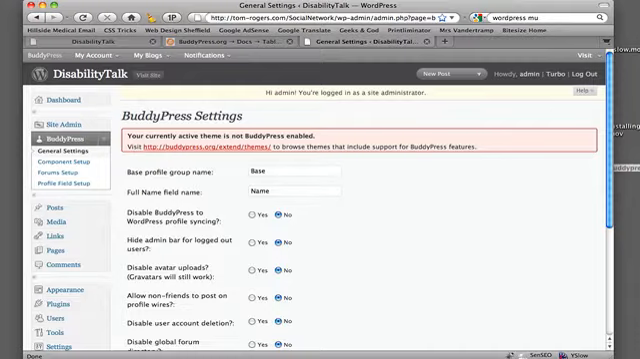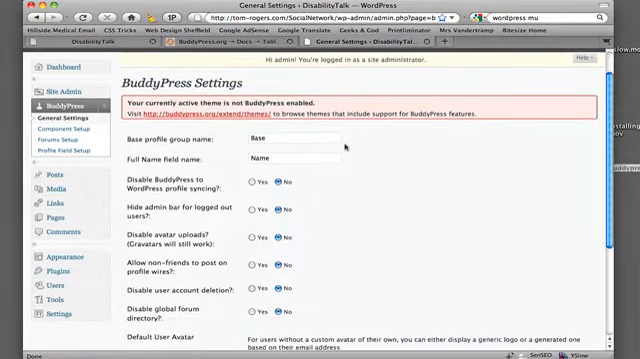Okay, so the first thing you're going to want to notice when you look at this is a bbPress area that you now have, and you're going to see a whole bunch of stuff: component setup, forum setup, and profile field setup. We're going to kind of go through each one of those as we go along, because they all serve an important purpose and they're all part of this